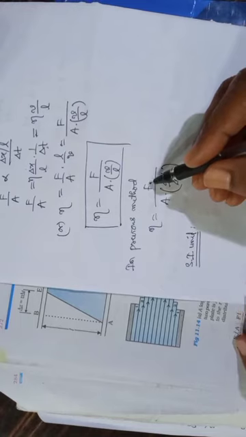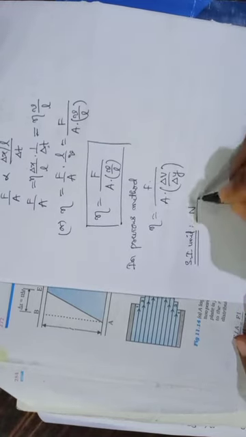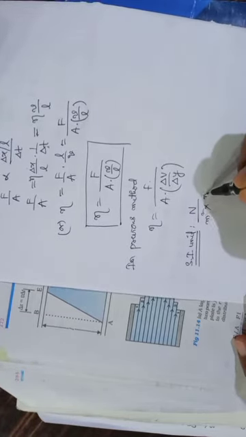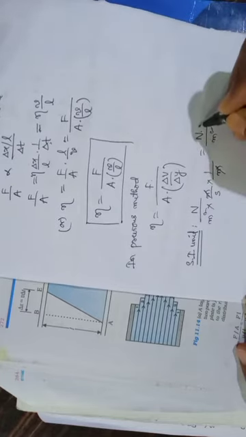See, in the numerator we have force, therefore force is measured in newtons. Here area, so meter square. Here velocity, so meter per second. And here displacement, distance, therefore meter. Meter gets cancelled. So Newton by meter square. This second comes to the numerator. So Newton second meter power minus 2. So this is the SI unit for coefficient of viscosity.